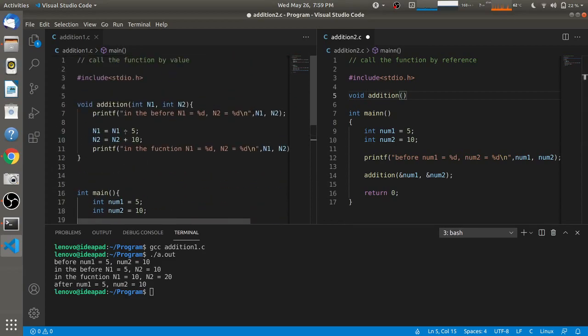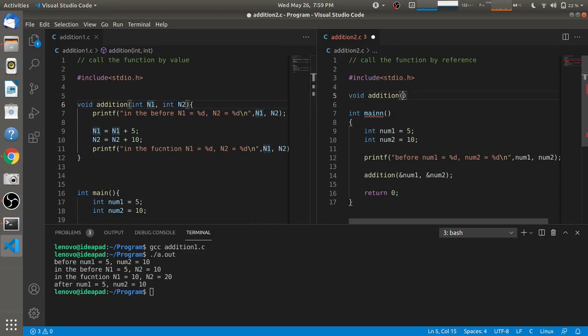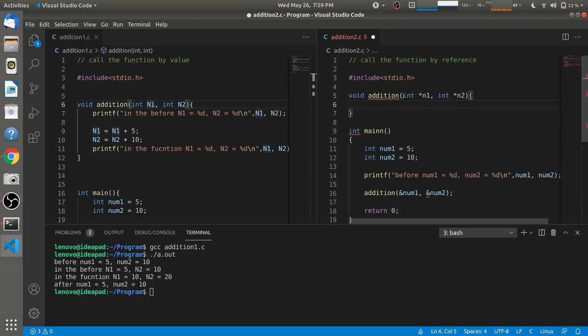So as we are passing the address of that variable, we cannot catch that value into simple integers like we did in the call by value, but we have to catch those values into pointers, that is, pointer n1 and pointer n2. So this star represents a pointer. A pointer is a variable which stores the address of another variable. So this n1 is storing the address of num1, and this n2 is storing the address of num2. So that's why